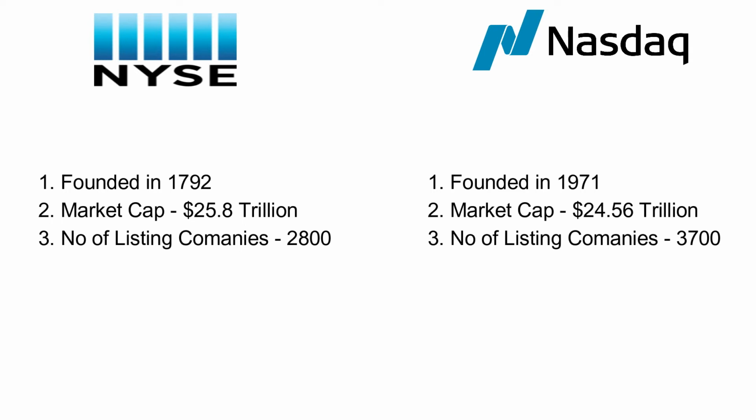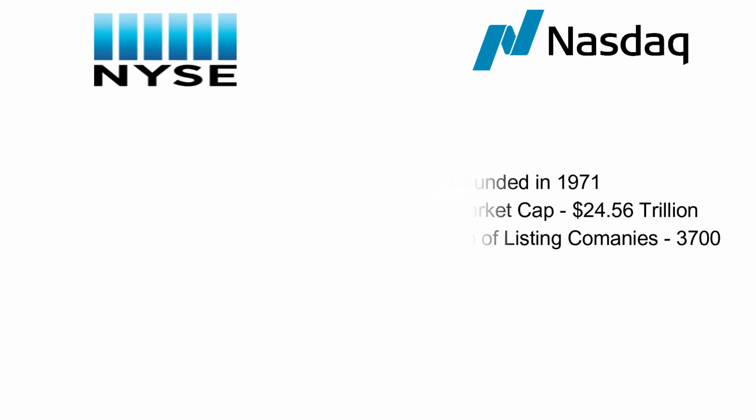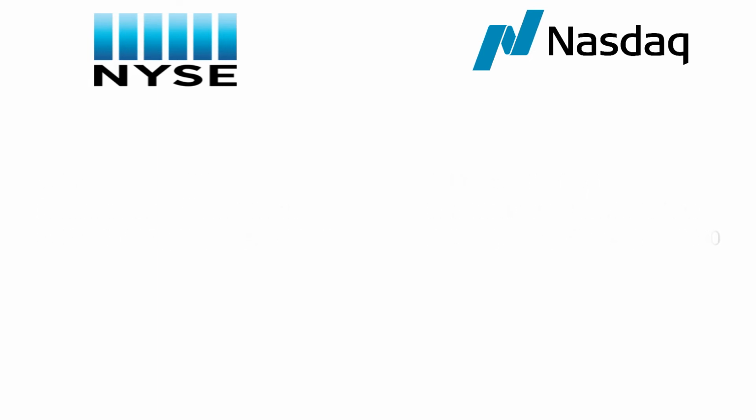The market cap of NYSE is more than NASDAQ. The number of listed companies is 2,800 in NYSE and 3,700 in NASDAQ. Now coming to the type of companies listed in NYSE and NASDAQ: in NYSE, mostly the blue chip and industrial companies are listed, whereas in NASDAQ the technology based